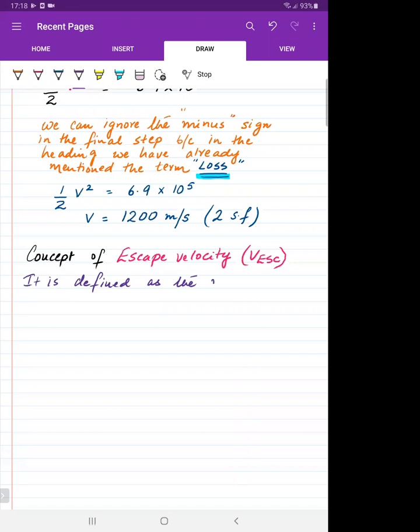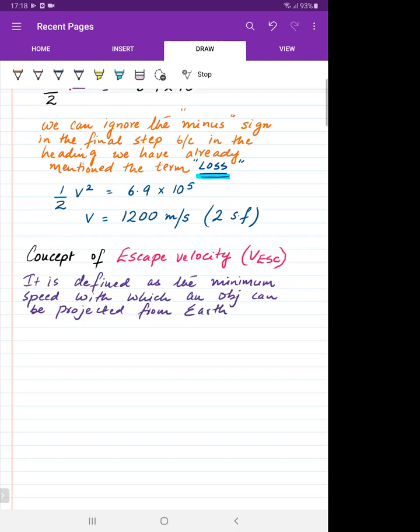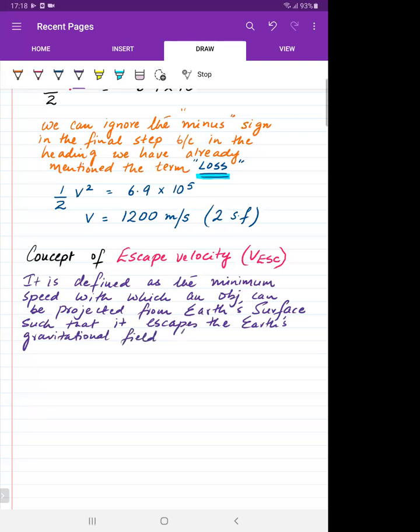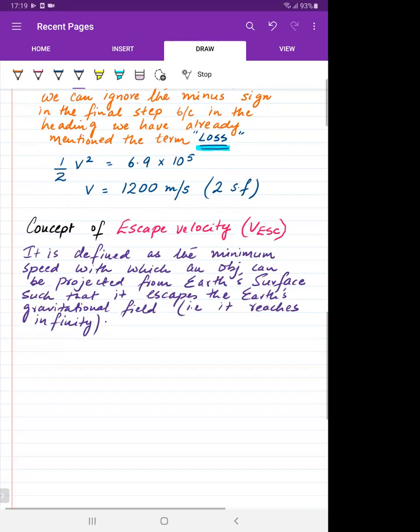It is defined as the minimum speed with which an object can be projected from the Earth's surface such that it escapes the Earth's gravitational field. That is, it reaches infinity. ठीक है, so पहले तो definition देख लेना. The minimum speed with which an object can be projected from the Earth's surface, such that it escapes the Earth's